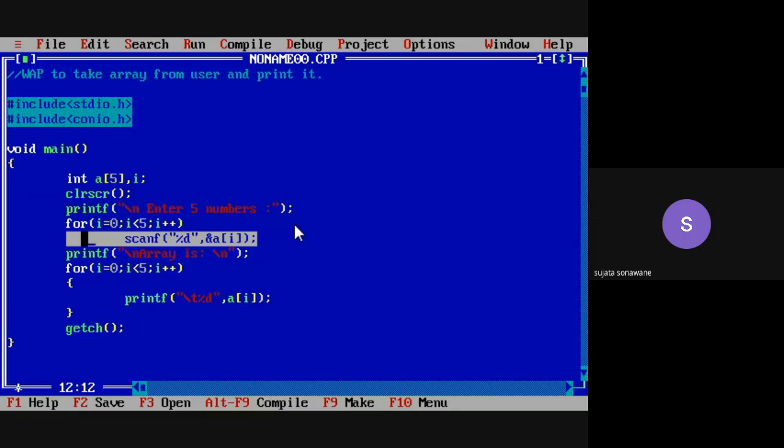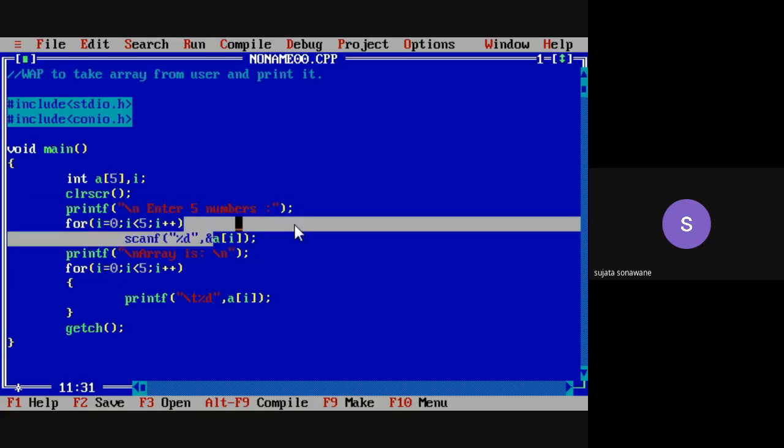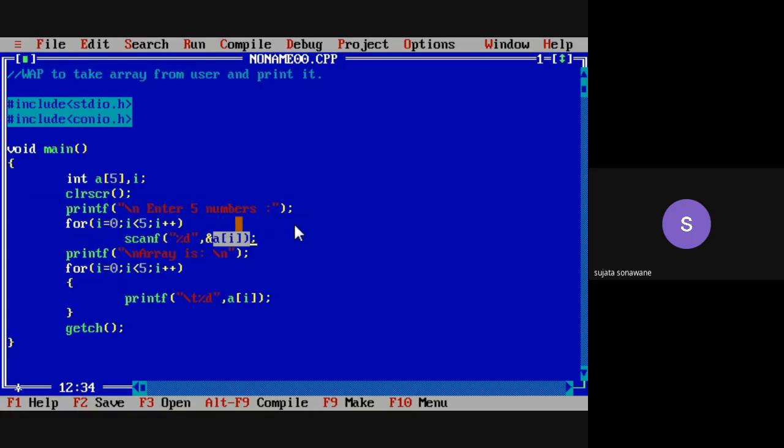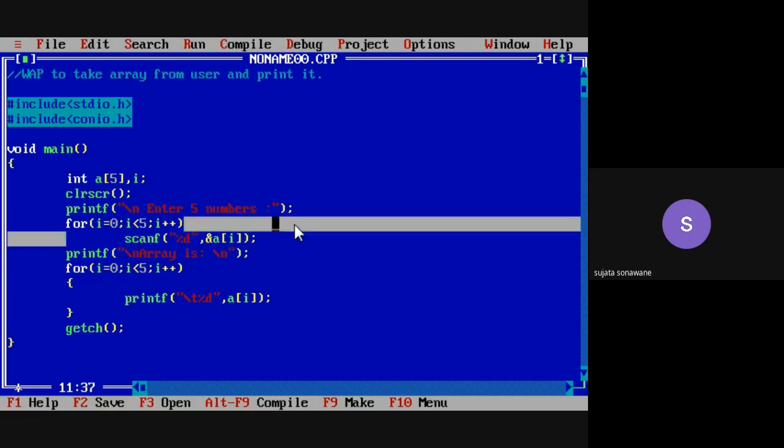Okay, so whatever the value we will take from the user, that will be stored within a[i]. So the value of i, it is always changing. So here we have written for loop. So within the for loop we have written that i = 0, i < 5, i++. Okay, within this for loop we have a single statement.